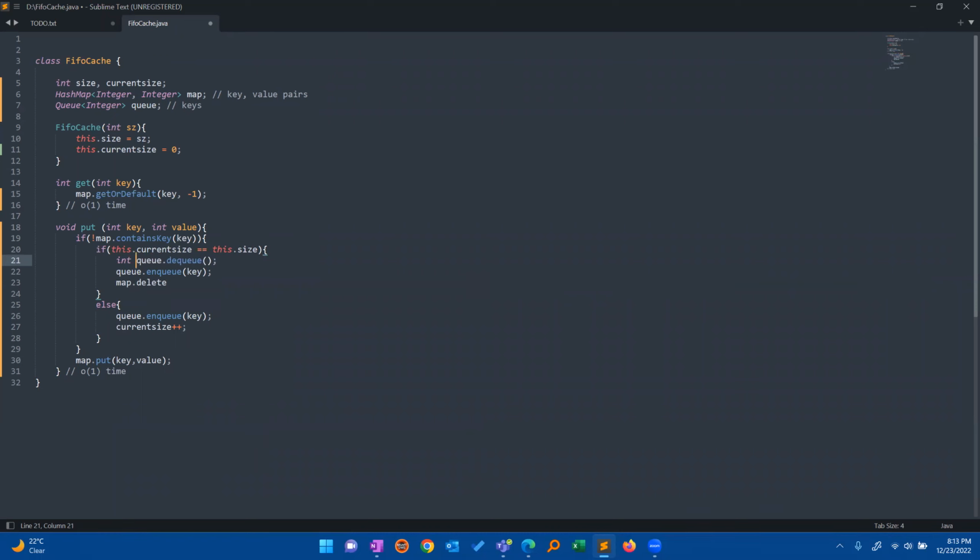We can call it a meaningful name, such as a deleted entry, right? This has been removed from the queue, so we have to call map.delete. We have to delete that entry, right? And map.delete will remove that element from the map altogether,